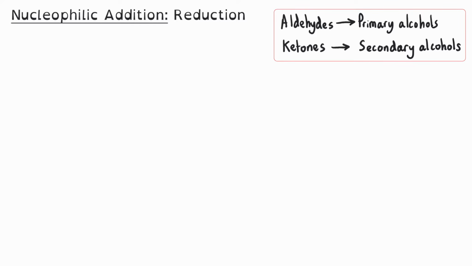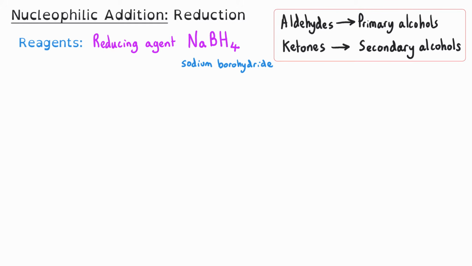In the alcohols topic, we learn that we can oxidize primary alcohols into aldehydes and secondary alcohols into ketones. With the nucleophilic addition mechanism, we can reduce an aldehyde and turn it into a primary alcohol, and we can reduce a ketone and turn it into a secondary alcohol. In order to do this, we need to use a reducing agent, and the one that we use for the reduction of carbonyl compounds is sodium borohydride, or sometimes called sodium tetrahydridoborate, but you can just use its formula